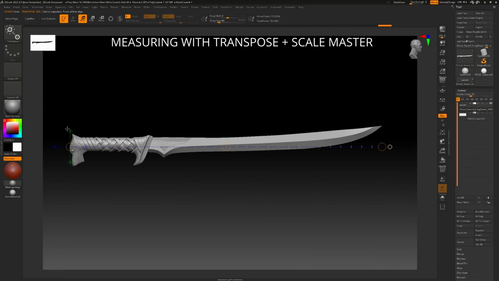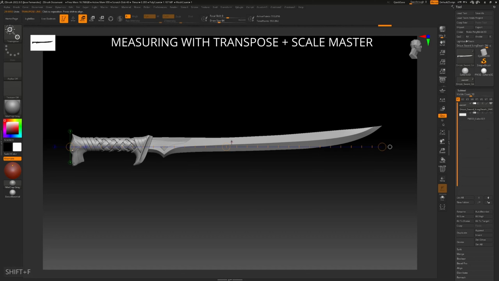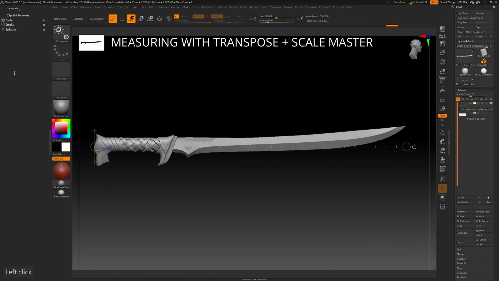But there's a more accurate way to measure stuff. Assuming that you have dense geometry, it can be a little bit tricky to get a precise measurement of how big this item actually is. And that is done using Scale Master. Assuming that you followed the earlier part of the tutorial in setting up your ZBrush space properly, you won't have an issue here. I will probably make a follow-up video on how to use Scale Master because it does have some nuances and it can give you some errors when you're using it, but just keep in mind that